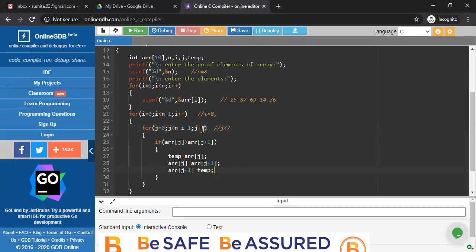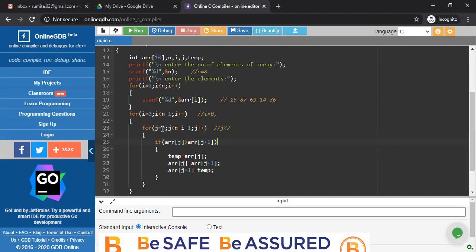So until or unless this condition is false, the compiler doesn't move on to this place. When this condition is false, then it will be incremented by 1 and move on to this for loop. Until this condition becomes false, this loop will execute repeatedly. We already know that. What is a nested for loop? This is basically working as a nested for loop, nothing else. Now, for the 0th position, the value is not greater than the 1st position value. That's why this condition is false. It will not enter into that part.